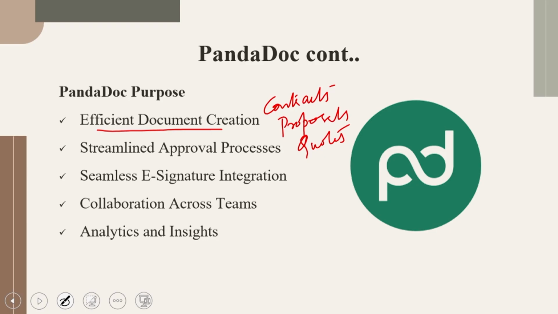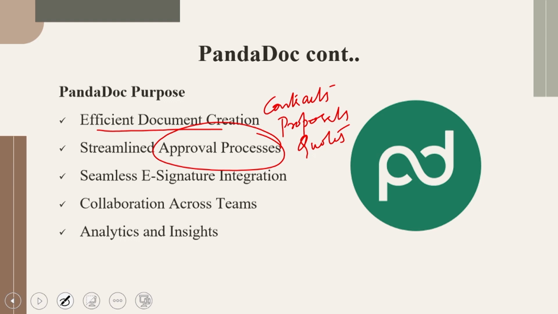Now, it enables users to create professional documents quickly, reducing the manual effort, if you ask me. So that is the basic purpose of PandaDoc. It also gives a streamlined approval process. Please note, ladies and gentlemen, it automates the workflow for document approvals, saving time and eliminating bottlenecks. So, in effect, it supports real-time tracking of document statuses so that the stakeholders stay informed. They are always aware of what is happening specifically.